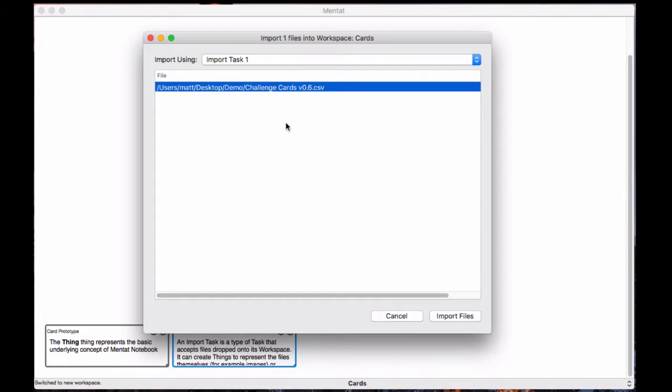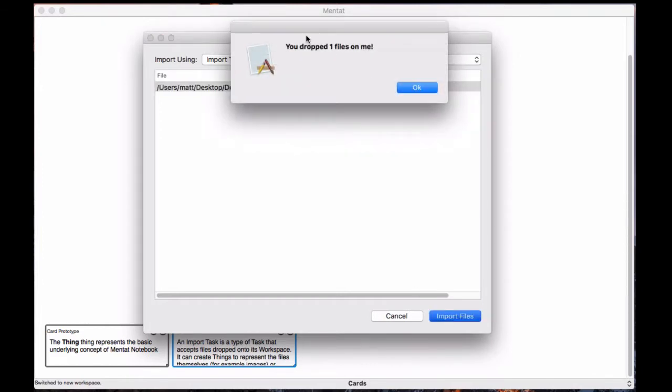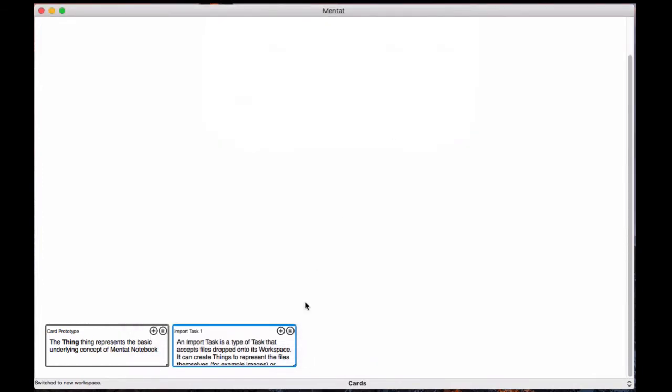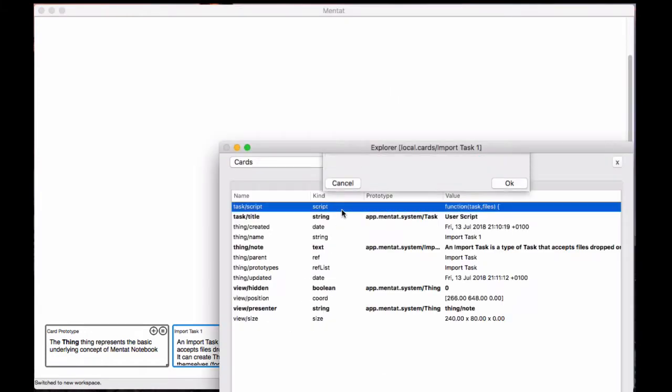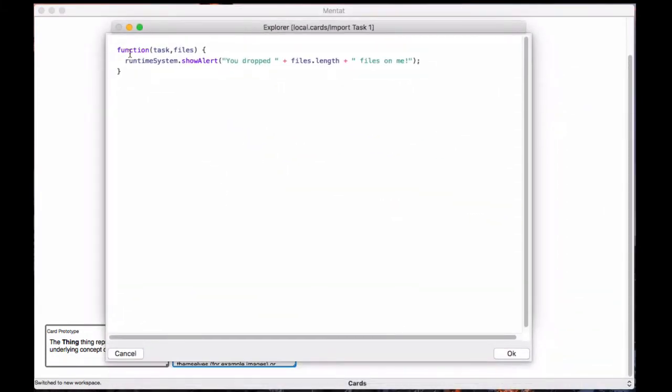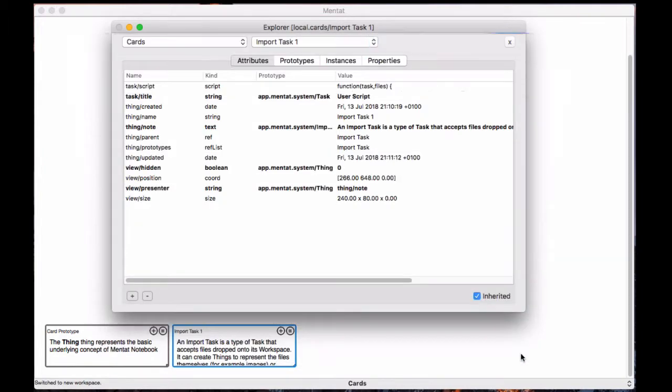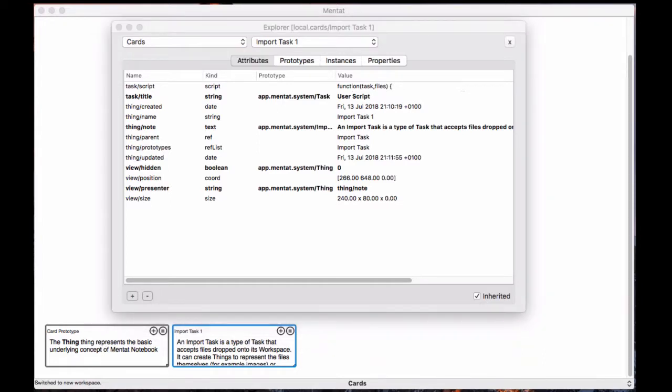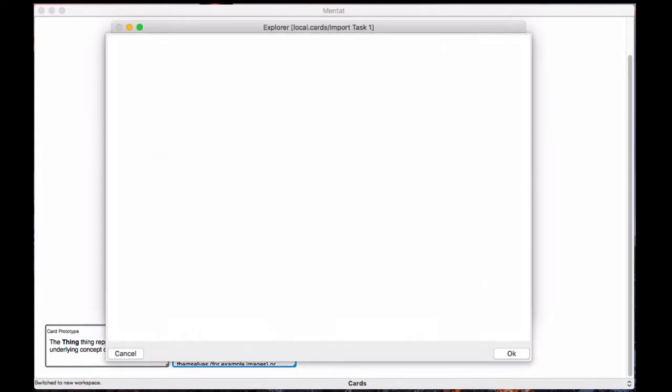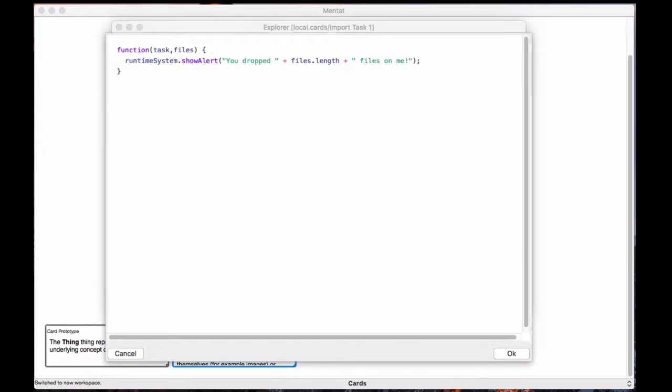And this is the file I dropped, and I click import files, and it says you dropped one file on me. Not super interesting, but essentially that's what this task script was written to do. Show alert, you dropped a certain number of files on me. So from this we can build something a little bit more useful. So if I go back and edit this now, and I add a script I wrote earlier,